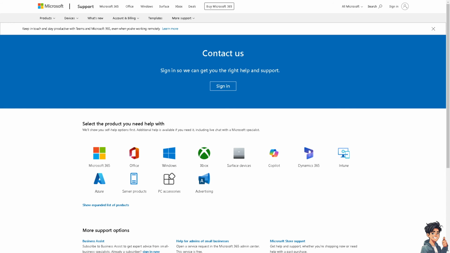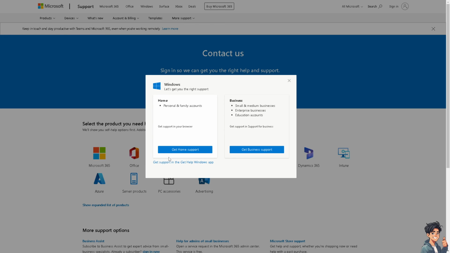Now, if none of the above steps work, you might want to try to reach out to Microsoft support for further assistance. Of course, they could provide more advanced troubleshooting steps tailored to your specific situation. And I believe by following these steps, you should be able to troubleshoot and resolve audio problems caused by Windows Update